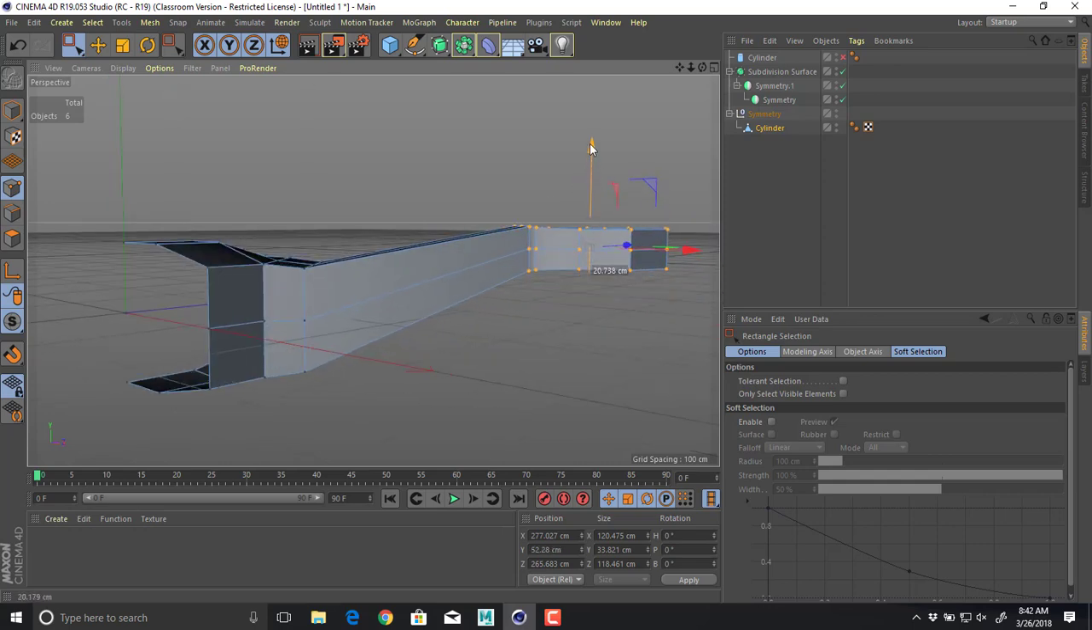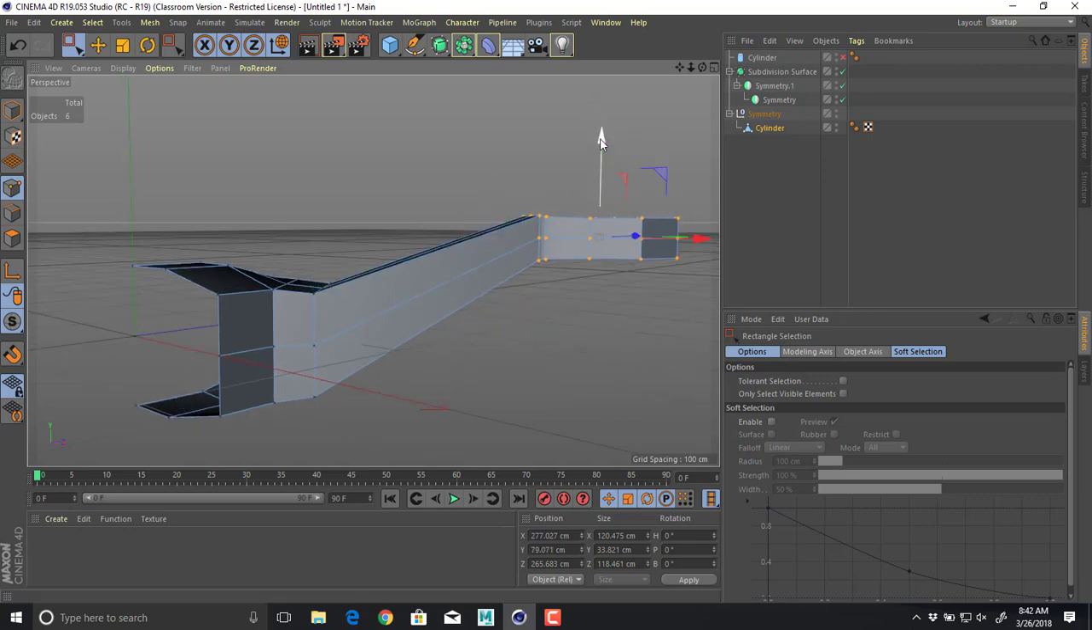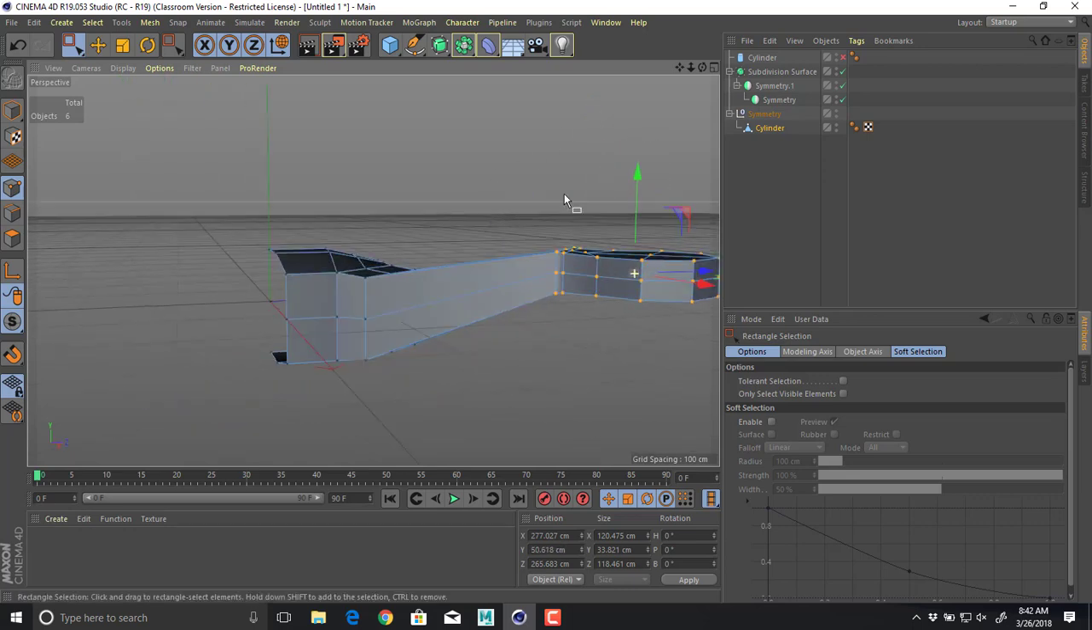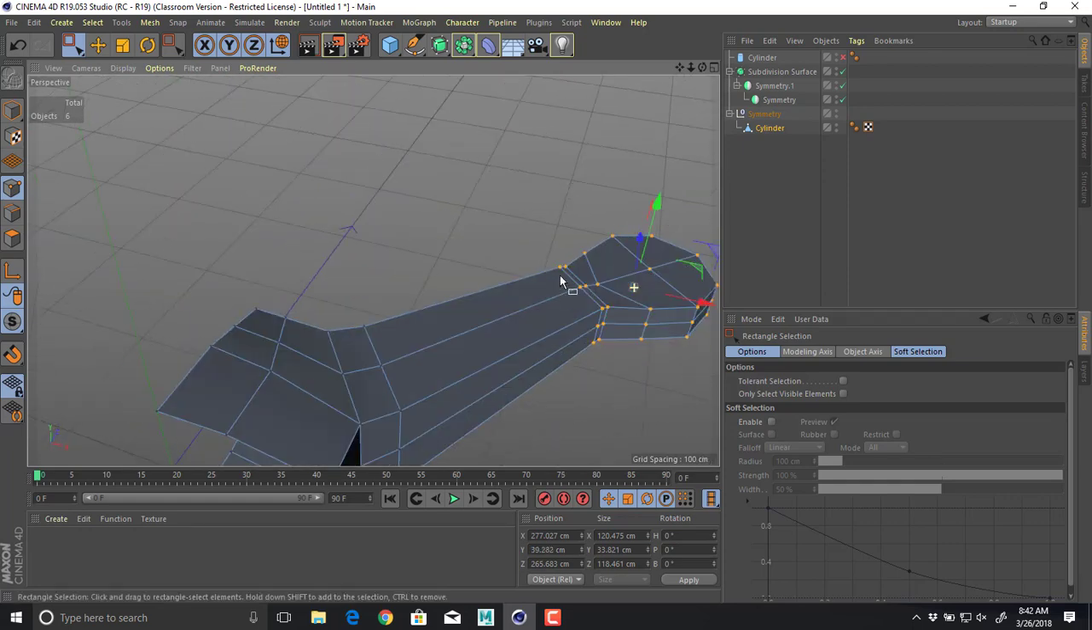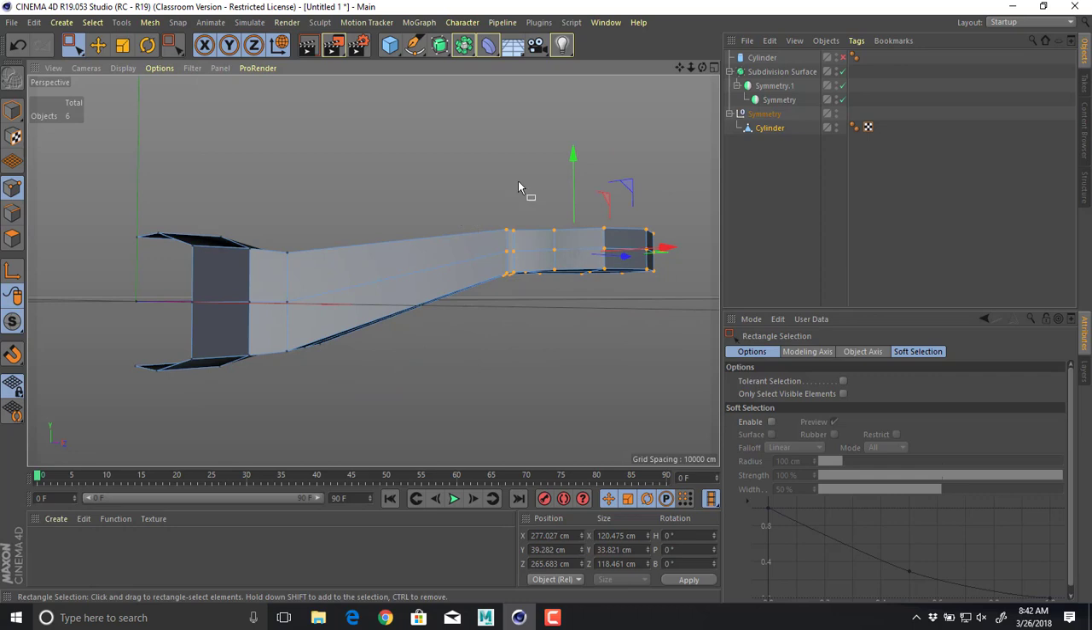Okay, so that's going to be where my propeller is going to sit. So maybe it'll even be a little bit higher than that. No, maybe right there. Okay, so I just grabbed all the points all the way around, and there's where my propeller is going to